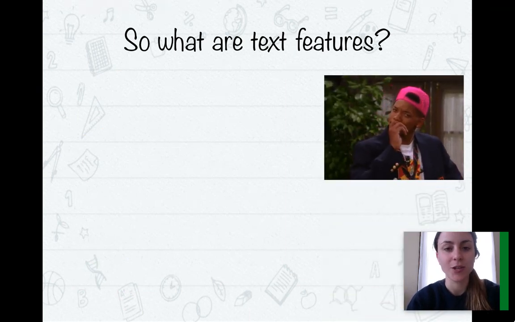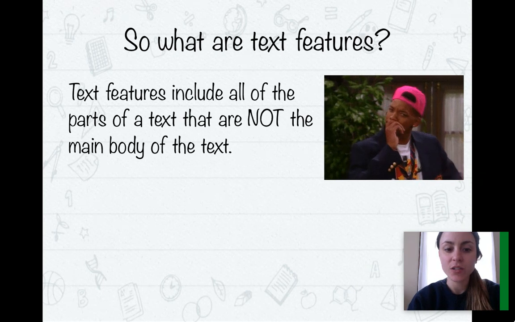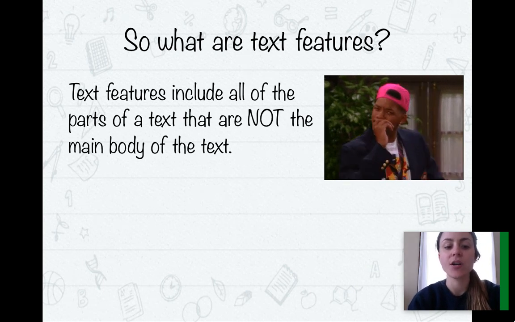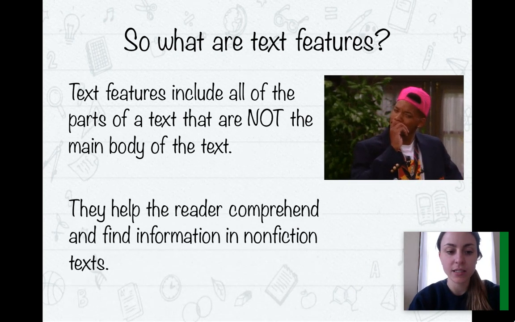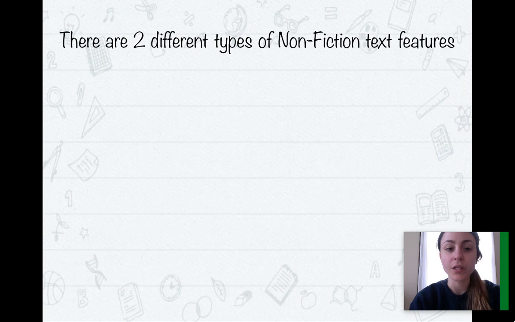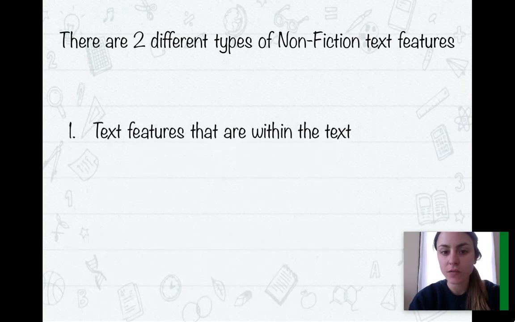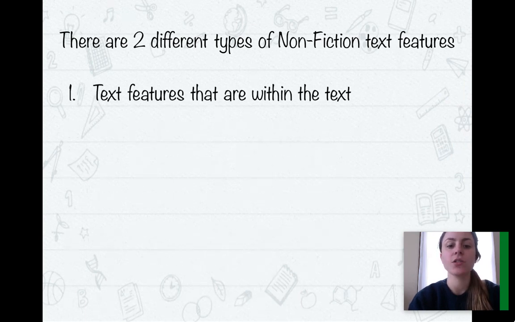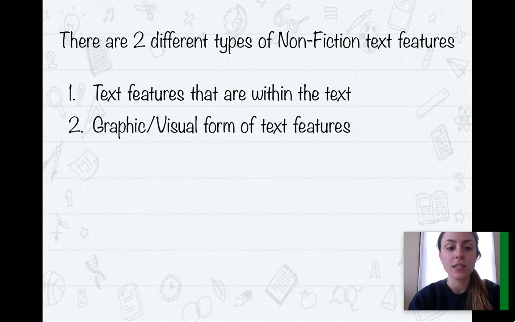You might be asking yourself that question. Well, text features include all of the parts of a text that are not the main body of the text, and they help the reader comprehend and find information in nonfiction texts. There are two types of nonfiction text features. The first are text features that are within the text, and the second are graphic or visual form of text